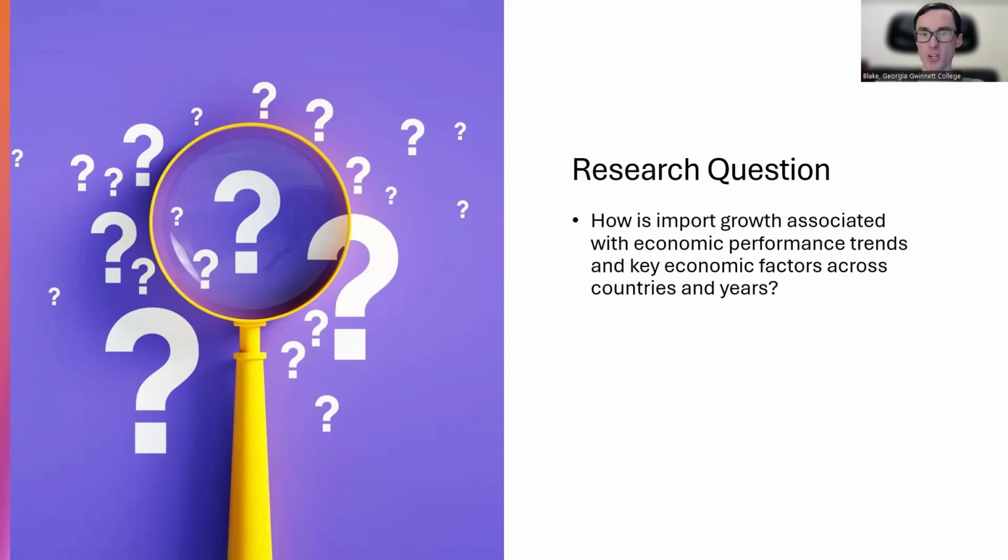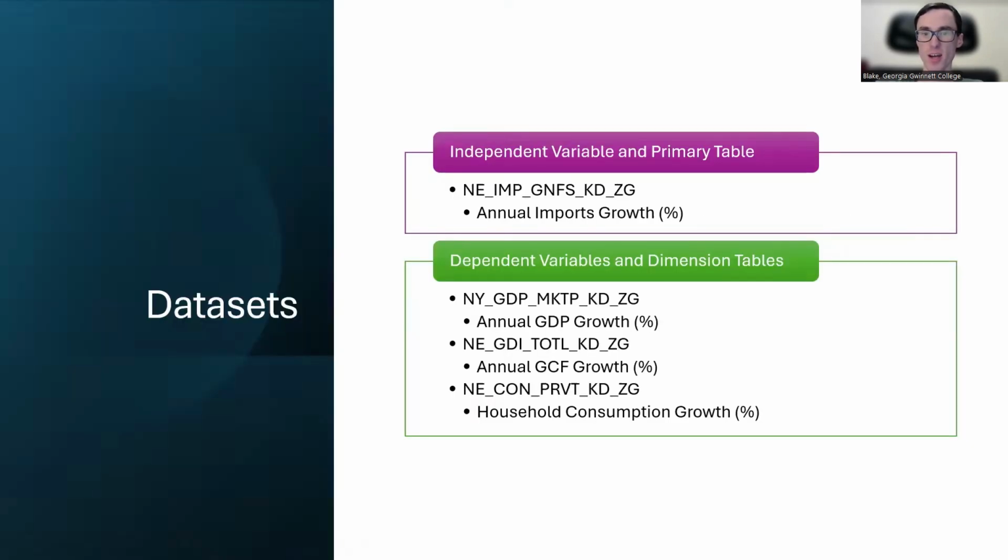As we go through our journey today, we are going to find the answer to the question, how is import growth associated with economic performance trends and key economic factors across countries and years? To find the answer to this question, we will be using several datasets. For our independent variable, we will use a dataset that looks at the annual percentage growth in imports of goods and services, meaning this dataset shows how the amount countries bought from other countries changed each year over 25 years